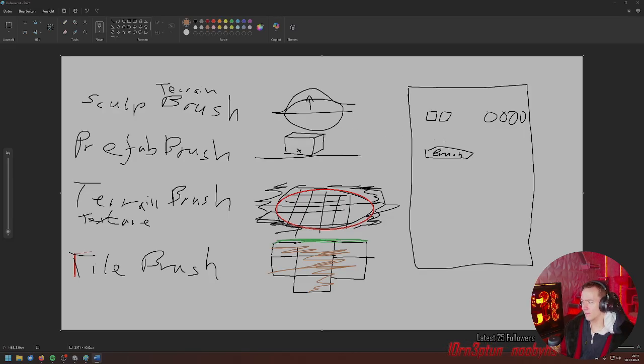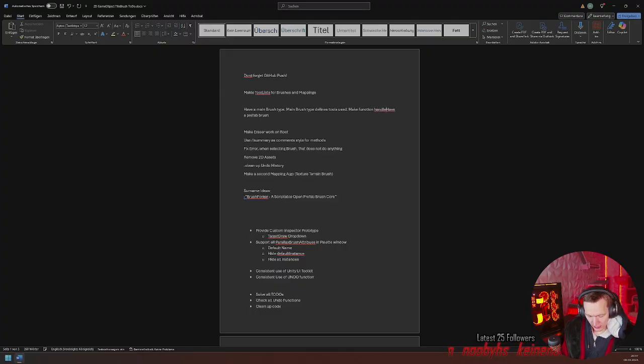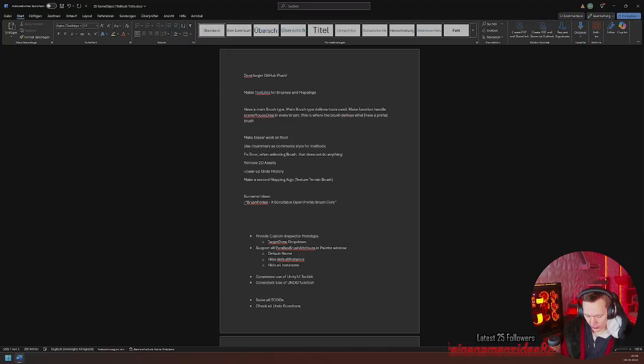I need to make the function handle the mouse click in every brush. This is where the brush defines what to do depending on the selected tool.